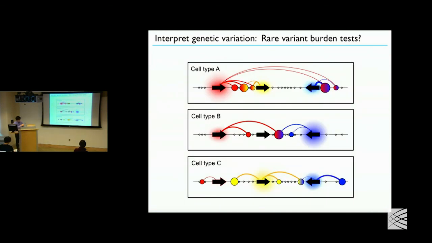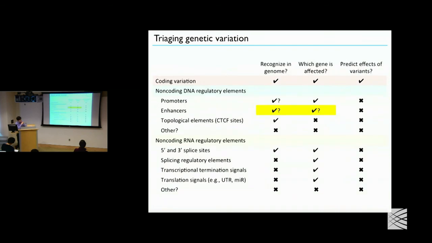We're thinking about ways that we could apply these predictive models to, for instance, do rare variant burden tests. If we can associate regions of the genome with particular genes, then we can start to understand and look de novo for variants that might influence a particular phenotype, or rare regulatory variants.